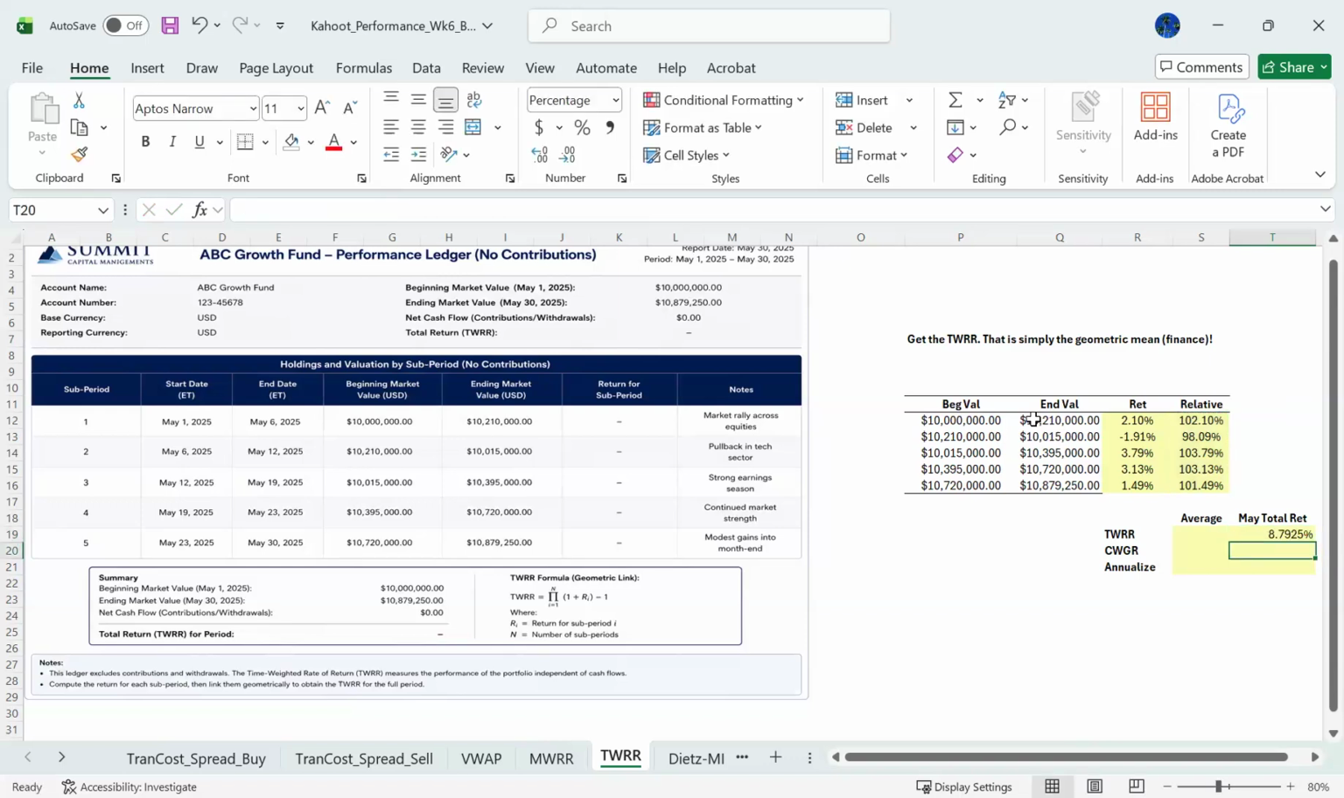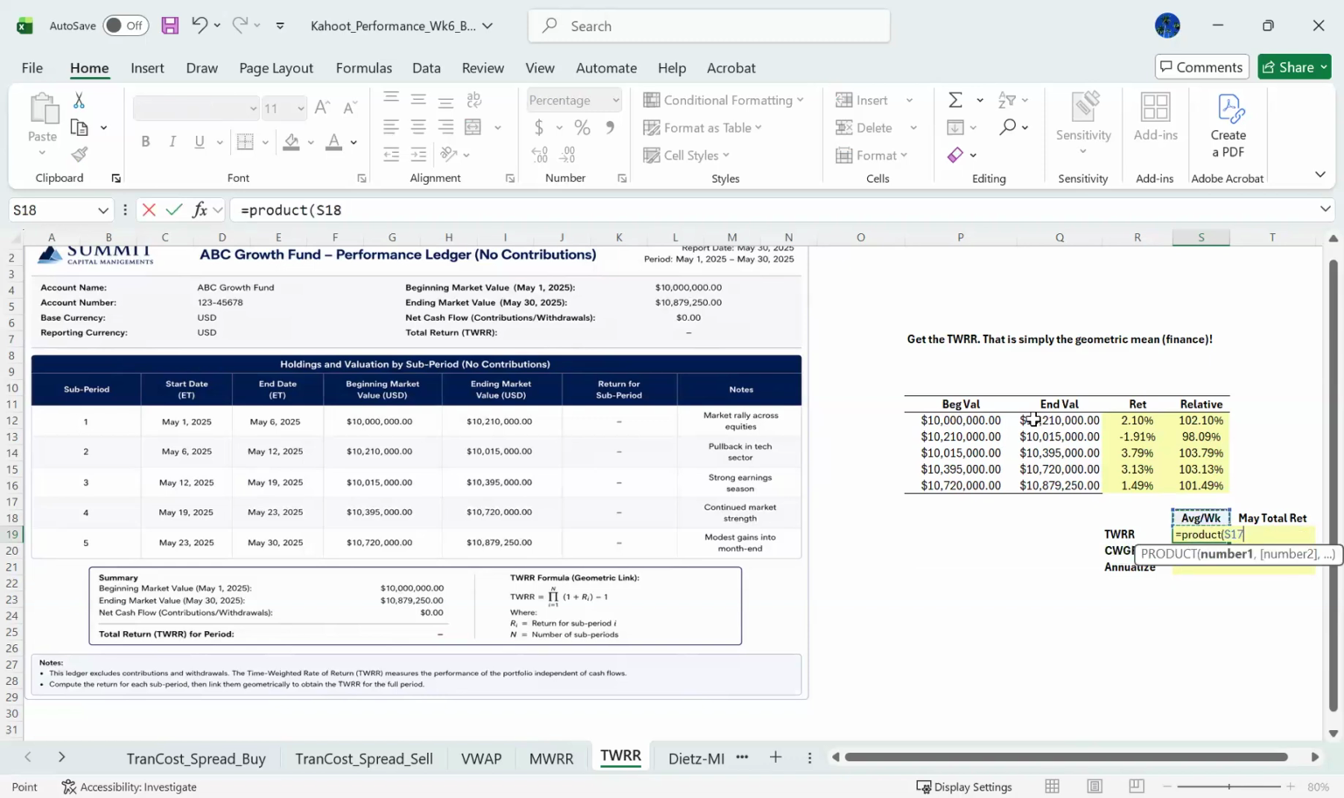Okay, and that's it. However, if we want to get the average weekly rate of return, the time-weighted rate of return, average per week, then the way to get that would be this value. Well, let's do it again. Product